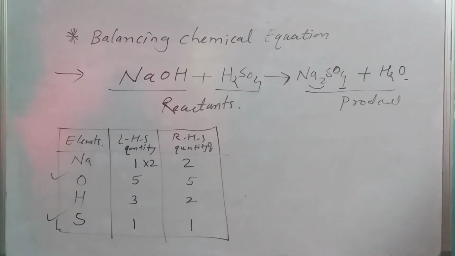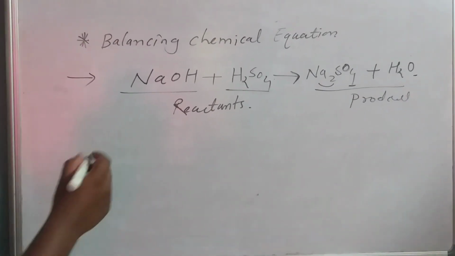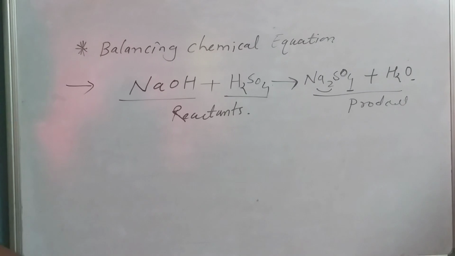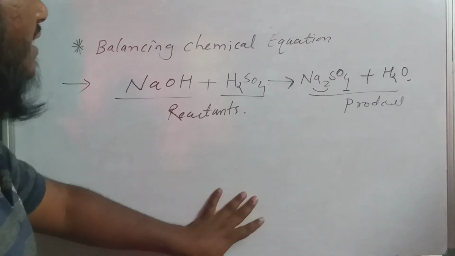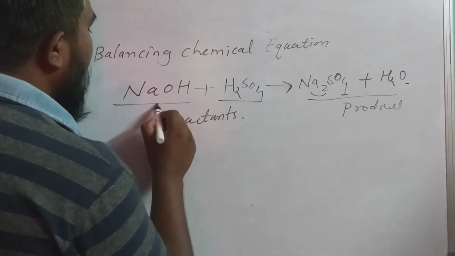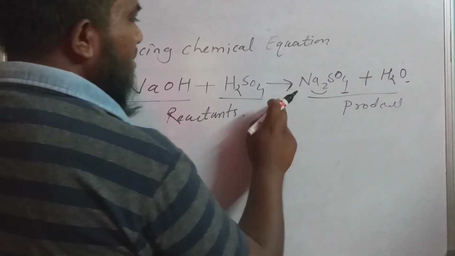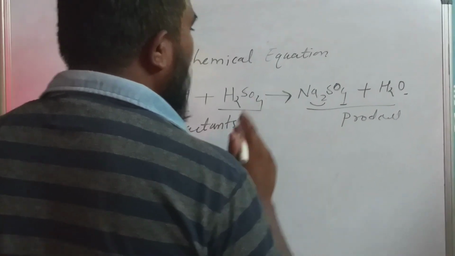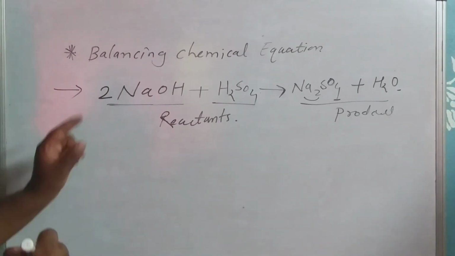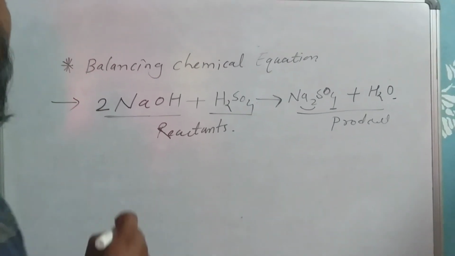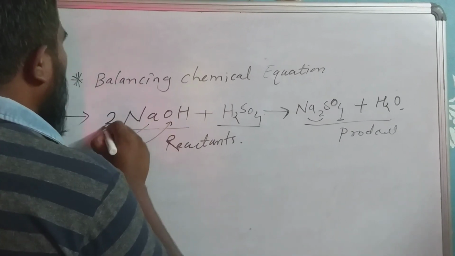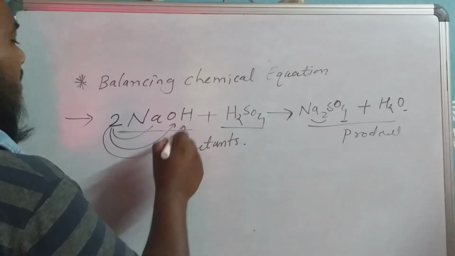Now dear students, we can balance this reaction using this method also. Now we can understand the simple method. We just have to find out how many Na are here, just 1, and we have seen on the right hand side in the product 2 Na are there. That's why we can write 2 here. This 2 means what? This 2 will multiply with Na also, this 2 will multiply with oxygen also, and this 2 will multiply with hydrogen also.